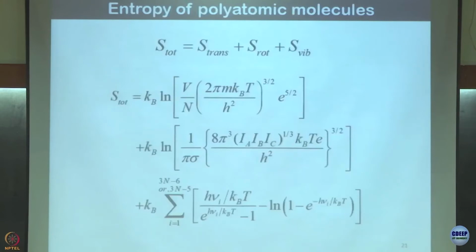Now, this is the entropy of polyatomic molecules. So, this is trivial because they are not interacting. So, entropy is the sum of the entropies. You have the translational entropy, the Sackur-Tetrode equation, then the rotational entropy in the general form for anisotropic molecules, and this is the vibrational entropy. So, translation, rotation, vibration, three things added. Now most of the time, because of vibration, water, this is so high that there is only one term that